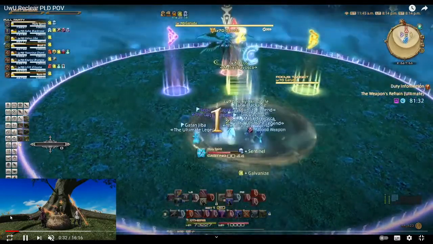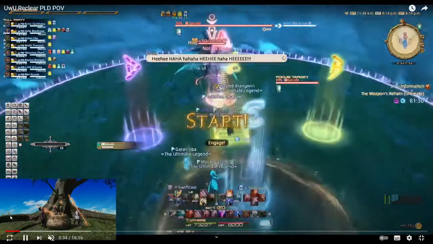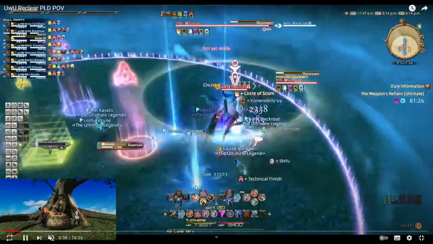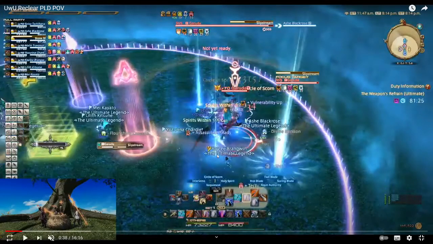So, first of all, we pulled Garuda north, and this is ready for the first mechanic that will go out. So how we handled this was that the healer would get a marker on their head, so they would stand at the back, over here, hopefully you can see,